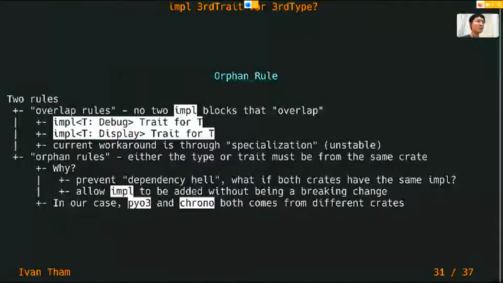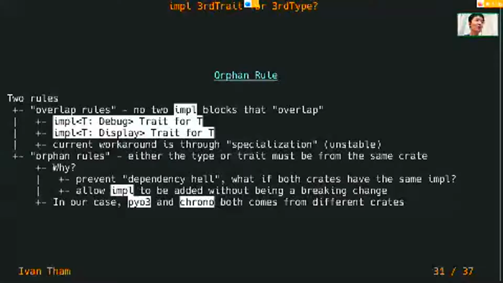Some types implement Debug, and some types implement Display, and some types implement both of them. So what will happen for those that implement both of them? They both have the same trait. Then which one will it call? Which one should it follow? Should it follow Debug or should it follow Display? So it will be confusing. So you can't do overlapping